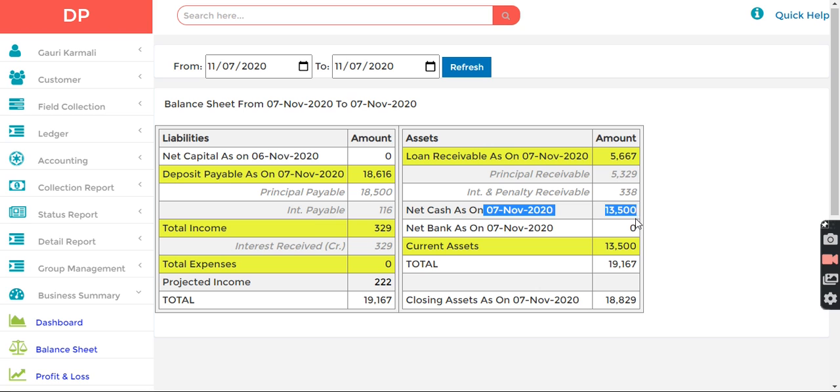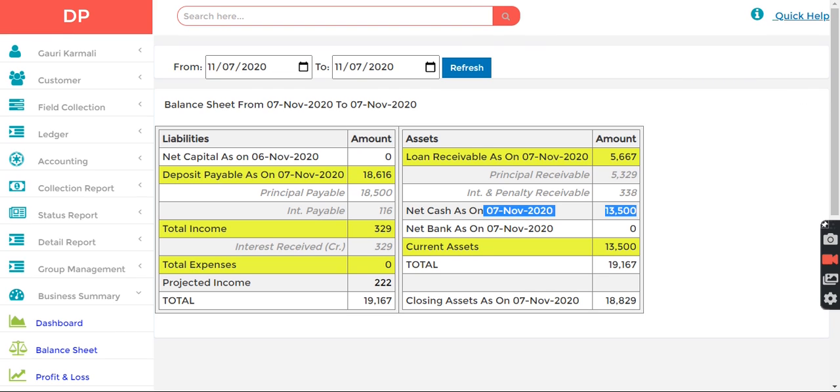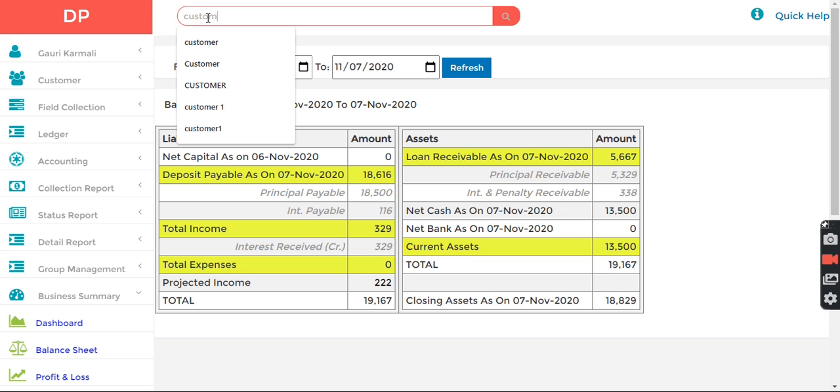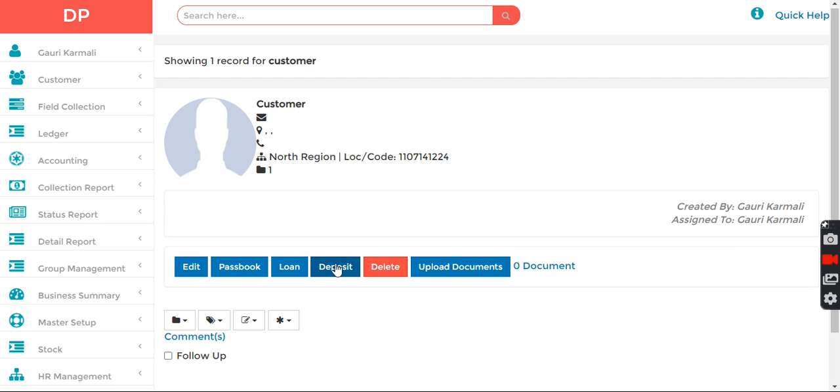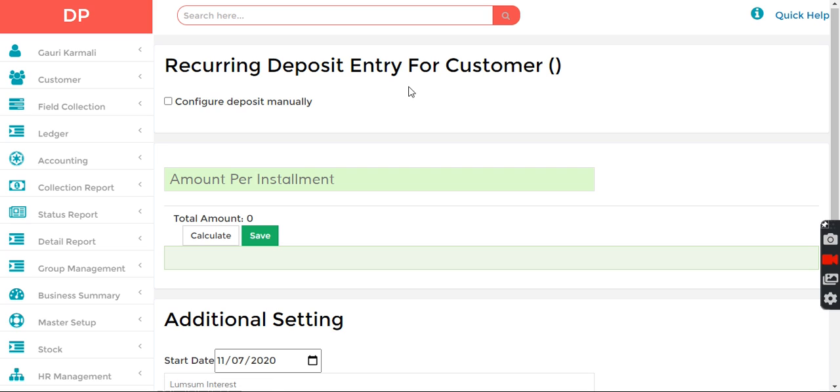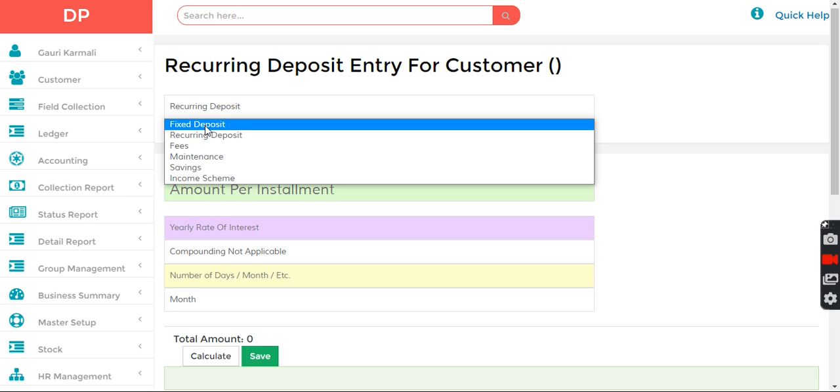If you see net cash 13,500, that is 8,500 was there previously, and then we received a repayment of 5,000. Okay, now let's create a savings and check what happens. So for the customer, I'm going to create a saving. Okay, so deposit, and then here I'm going to create a